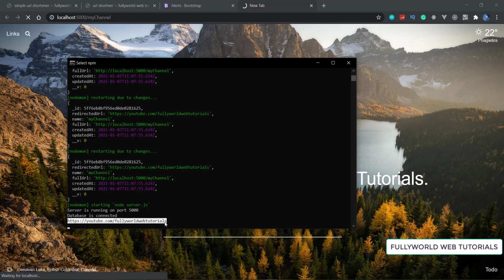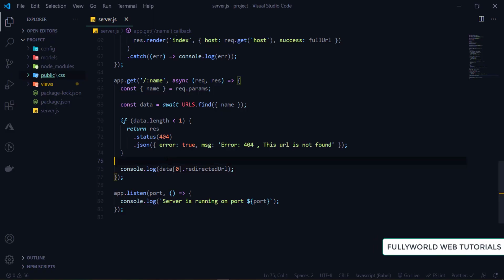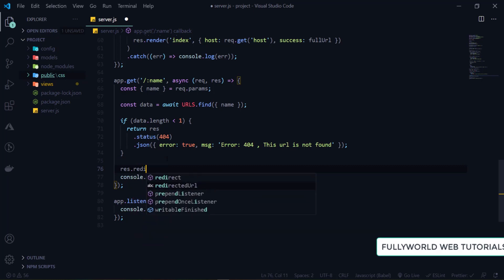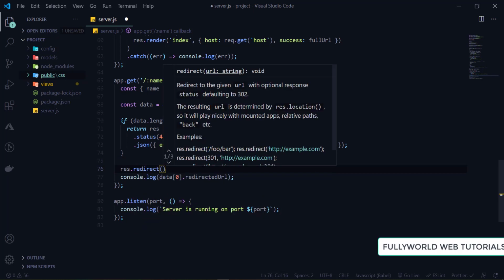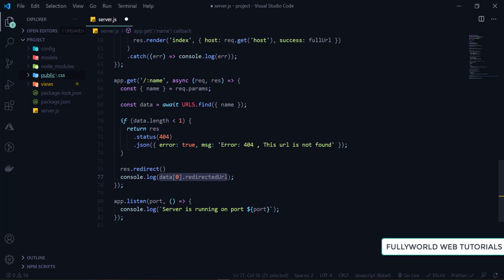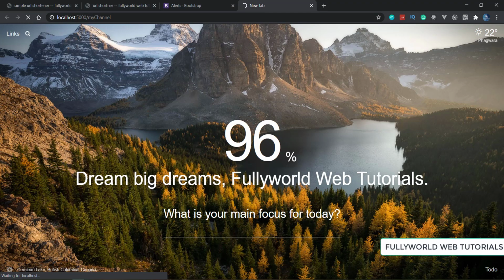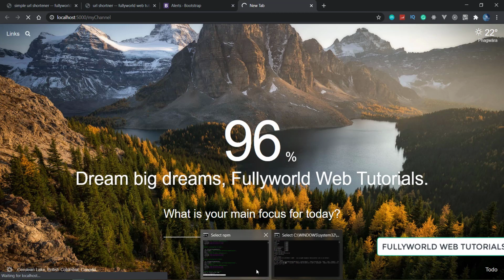Now we have to redirect this user to this URL. So what we have to do is write res.redirect, and we will mention this URL that we are getting from the data. Save this. Now our server is starting.